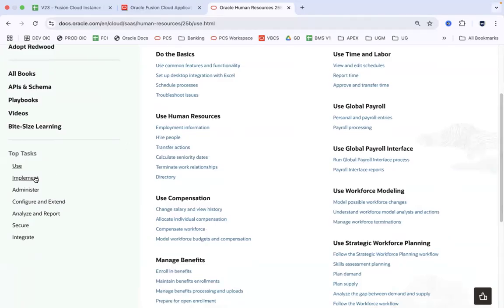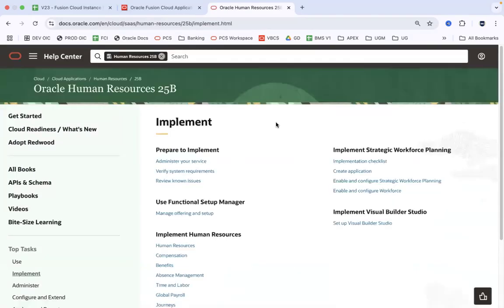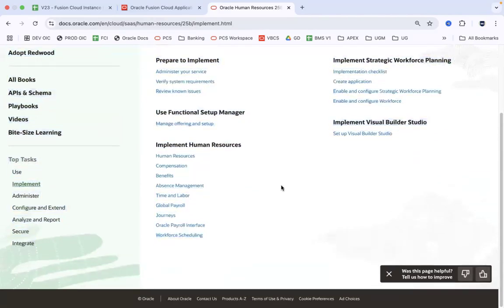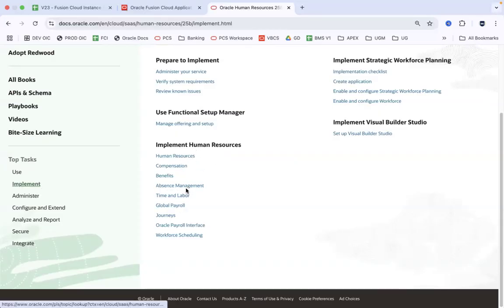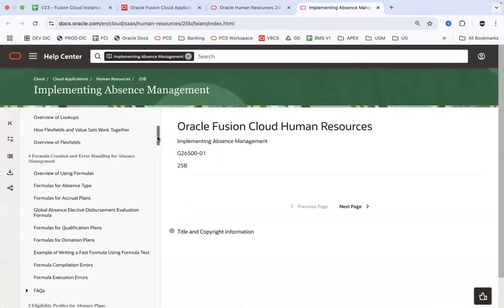If you want to look at the documentation as an implementation specialist, who are we, guys? We are implementation specialists. And let's say we are doing some setups in global HR or absences or time and labor or payroll. And maybe we ran into an issue and we want to quickly refer to the documentation. What do we do? We go into implement and we go to that specific module. And let's say you need some clarification in absence management. You pick up that particular module and go ahead and look at the documentation aspects or implementation aspects of absence